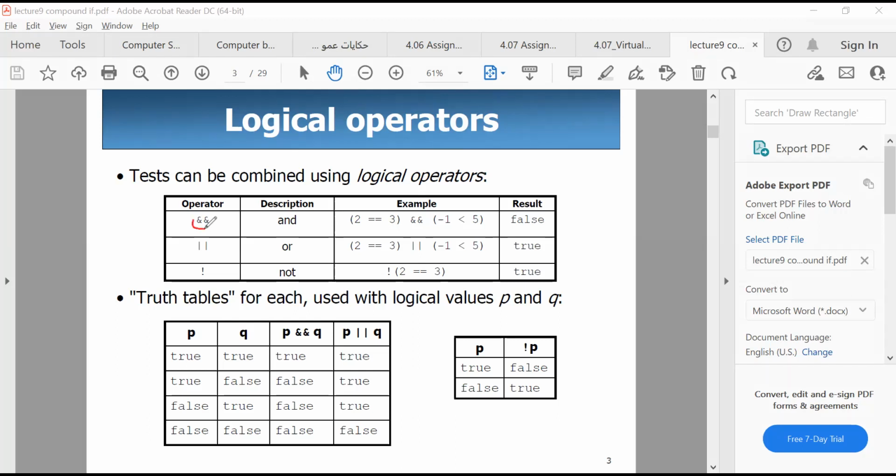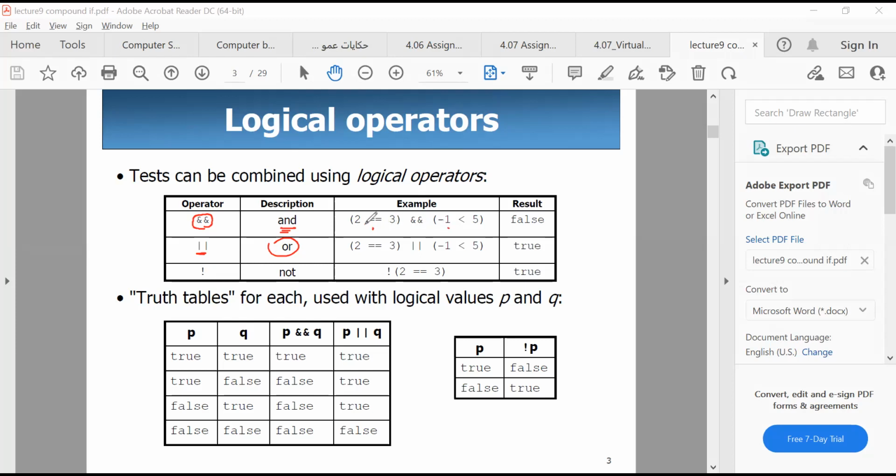So we have and, which in short is like saying this condition and this condition. And if you want to say or, we use that sign. If we want to use not, I know not can be slightly complicated, but let me try to explain it later. So if you look here,